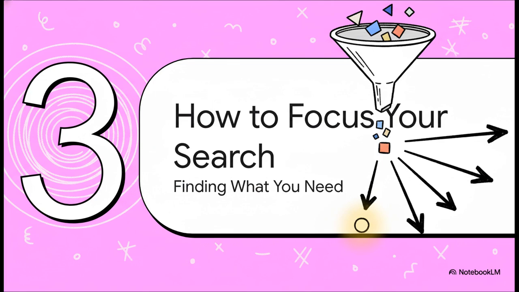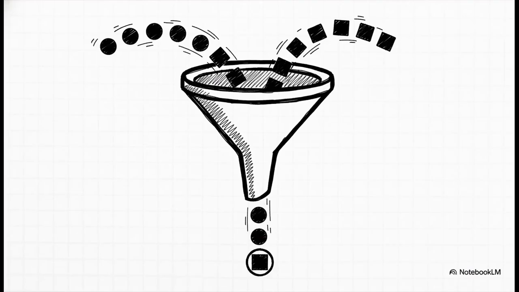Okay, let's get into it. First up, how to cut through all that noise. This whole section is about narrowing your search down so you can find precisely what you're looking for. Let's start with AND. The best way to think of AND is like a filter. It basically tells the search engine, hey, don't even bother showing me any results unless they have all of these words in them. It's the most basic way to combine ideas and get way more specific.